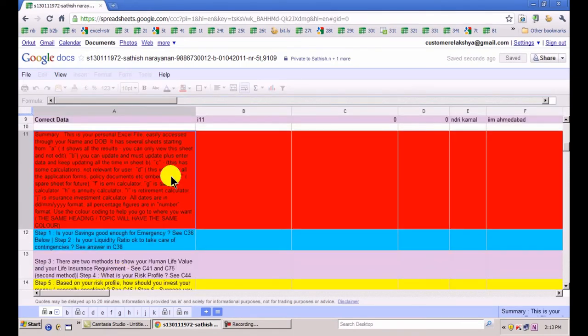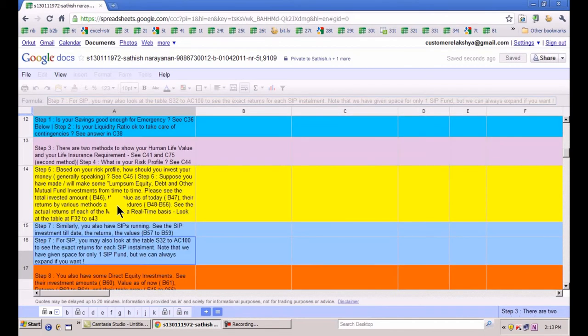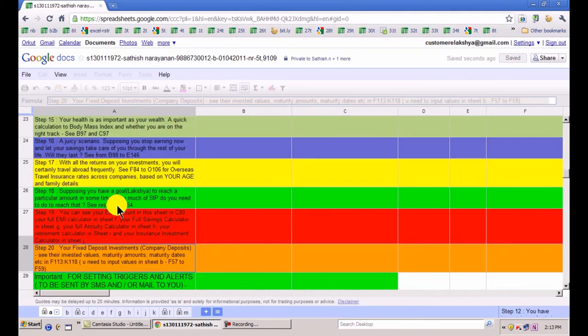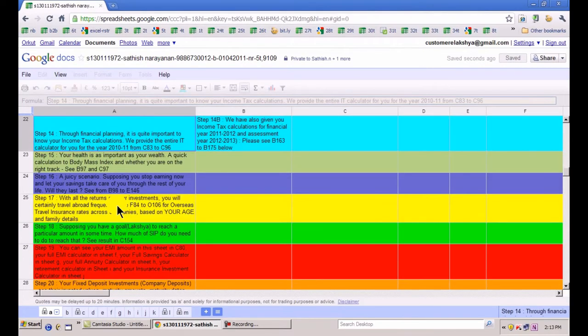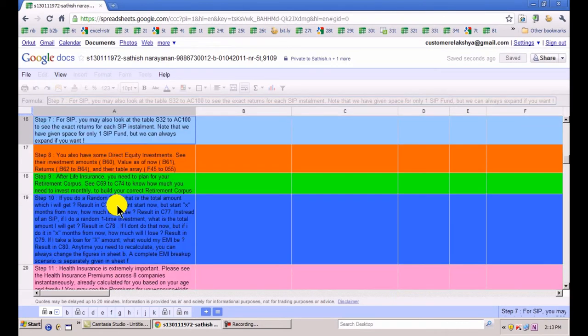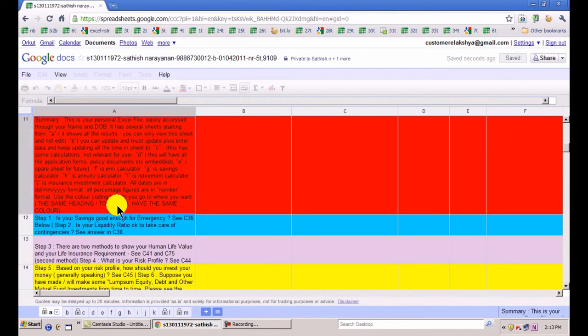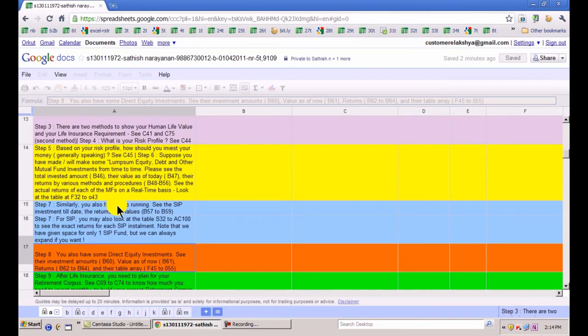Point number 5. Please read through these headings which are given here from row number 11 to row number 29, 30. It describes the various tools which are there in this particular .elexia file. It is similar to a large machine. A large machine has got several parts. So each of these tools is a part of that machine. The best part is all these parts of the machine talk to each other and form a big large machine, an integrated holistic sheet. So please do go through these 20 points.